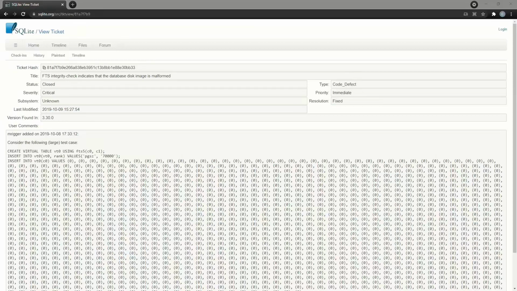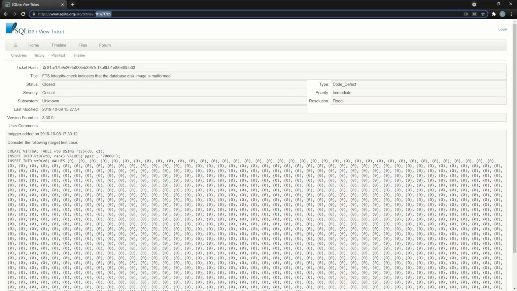Hello, today I'm here to walk you through the diagnosis of a real-world SQLite issue using Live Recorder and UDB from Undo. This is an old issue which has already been resolved, but we shall work through it to see how it could have been diagnosed using time travel debugging without any understanding of the SQLite codebase and only general programming expertise. If you wish to reproduce this, this is the ticket